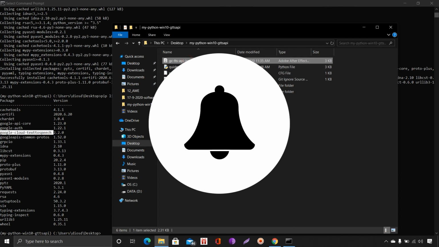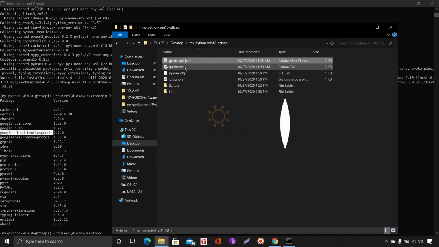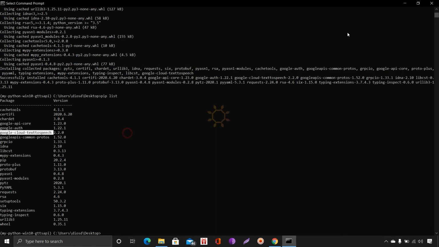This is the JSON file. We have already interlinked them. Interlinked means we have created the credentials. We have created the Google environment credentials. Now we are going to just run it. This file, quickstart. There is no mp3 file, you can ensure, otherwise I will keep it open.